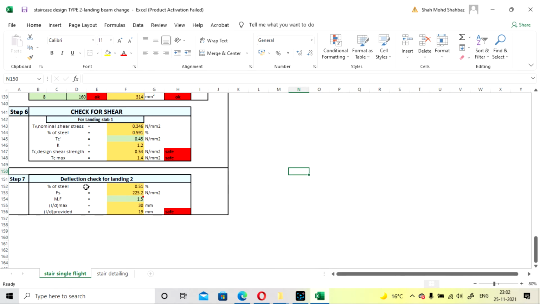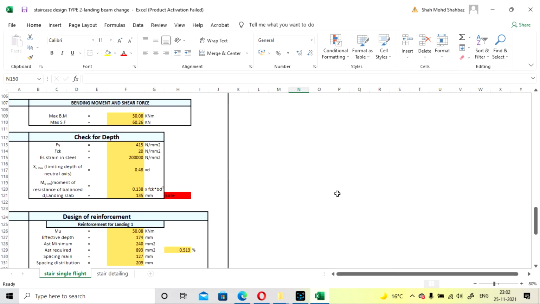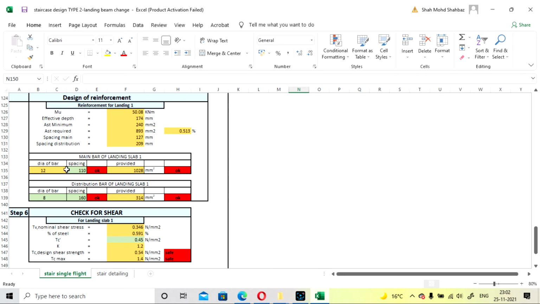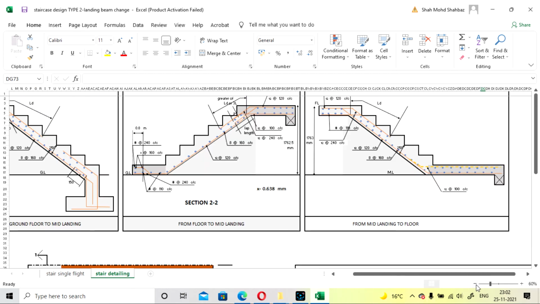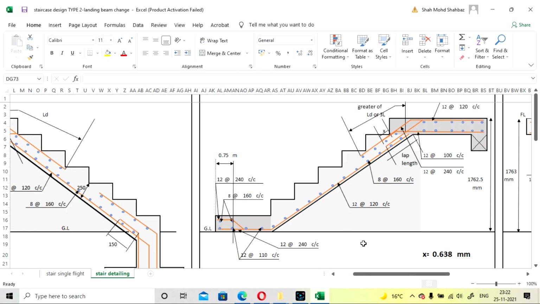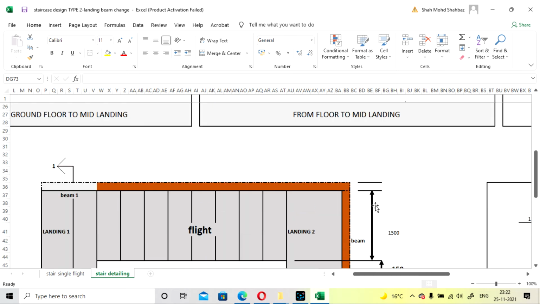So we go for a deflection check here also. So this will also be safe. Okay, here it is safe. All you need to do is provide the modification factor value. So we have checked all the values for landing and waist slabs, and they will still be given here. If you come here, see, landing will be, all the sections will be provided here, and all the steel will be shown. So here for landing slab, section 2 to section 2 is this one. Okay, so how it is provided.